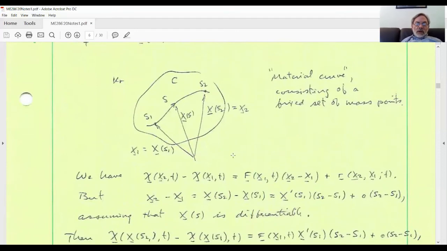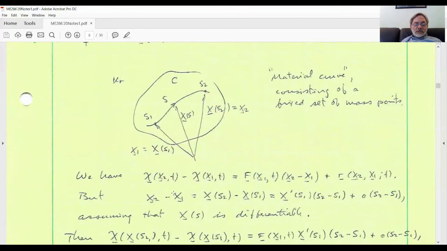We can use the definition of the deformation gradient, the differentiability assumption, to write chi at X2 minus chi at X1. So these are these points after deformation, not shown here. Chi at X2 minus chi at X1 is F at X1, operating on X2 minus X1, plus a nonlinear part that depends on X2, X1, and the time. So these would be the deformed positions of these points